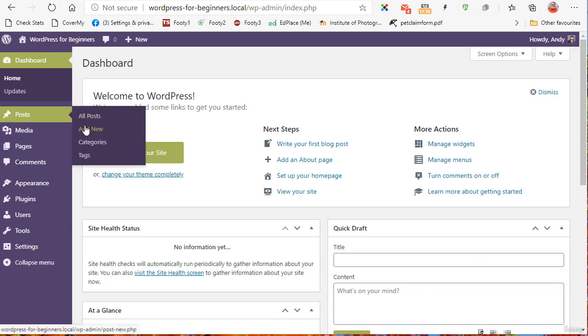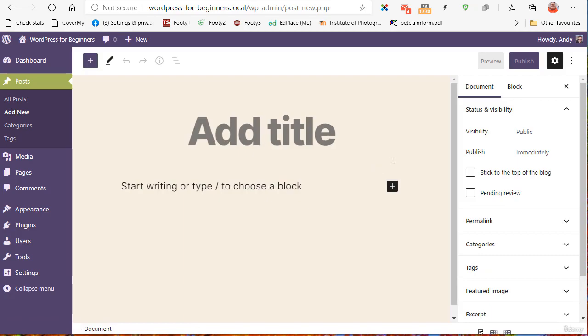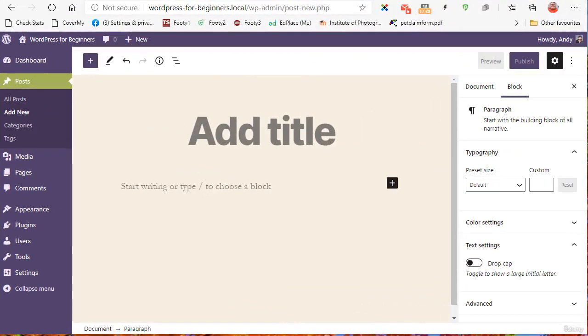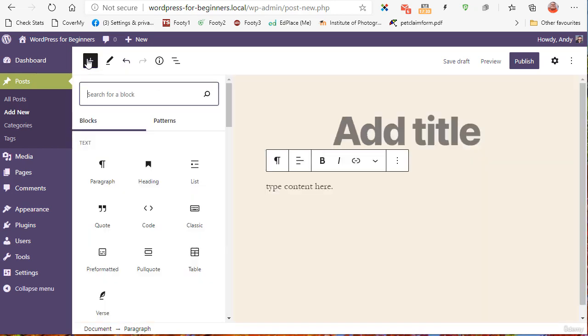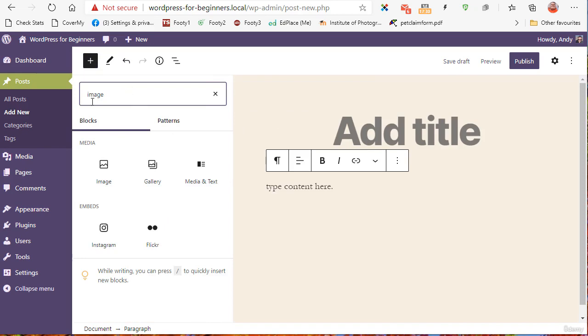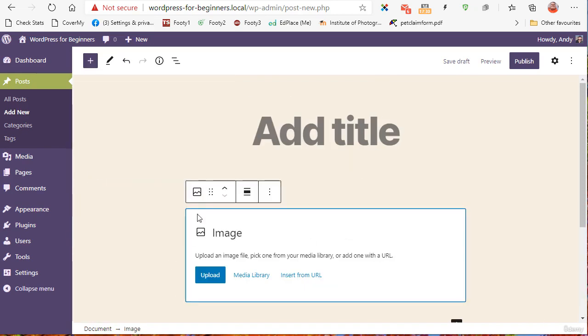WordPress uses Gutenberg by default, which is a page builder for creating your posts and pages. I won't go into details now because we are covering it in depth later in the course, but essentially a page builder like Gutenberg works on blocks, and you can type in content, and then if you want to add an image, you would typically add an image block, and if you don't see it in the list, you can search for it and then just add that image block, upload an image,